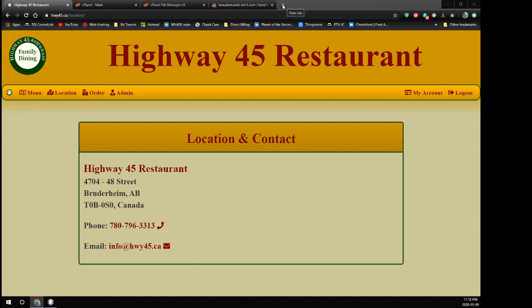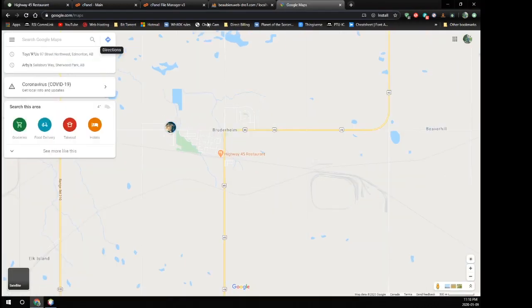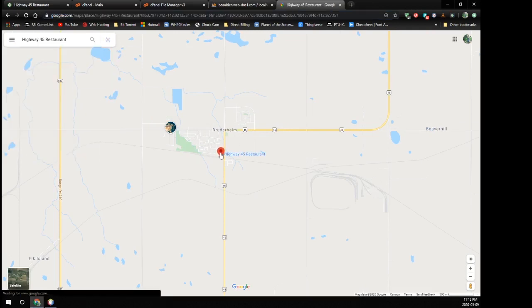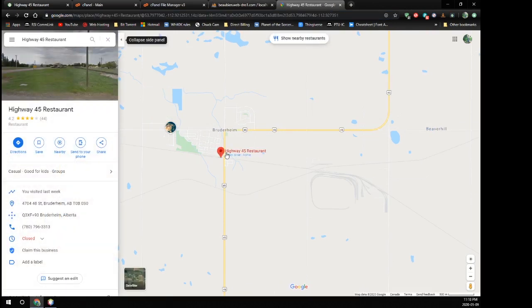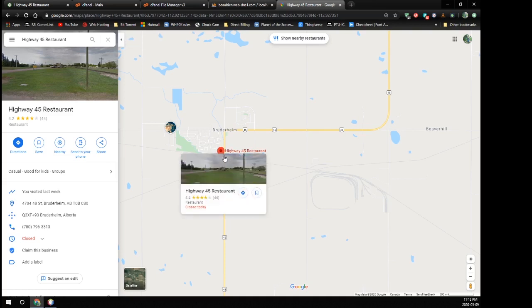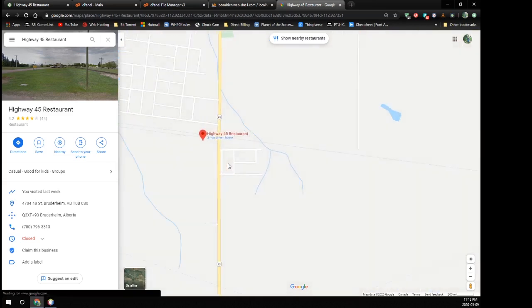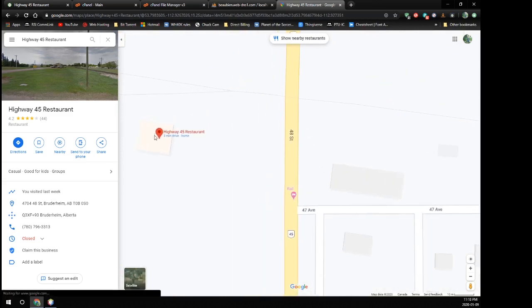Okay, so in order to embed a Google map now, we need to go to Google. So just go to maps.google.com and find what you're actually trying to create a map to, your business. Now, if you don't have your business actually listed in Google, that is something that you should do. And it is typically as simple as finding your business on it,